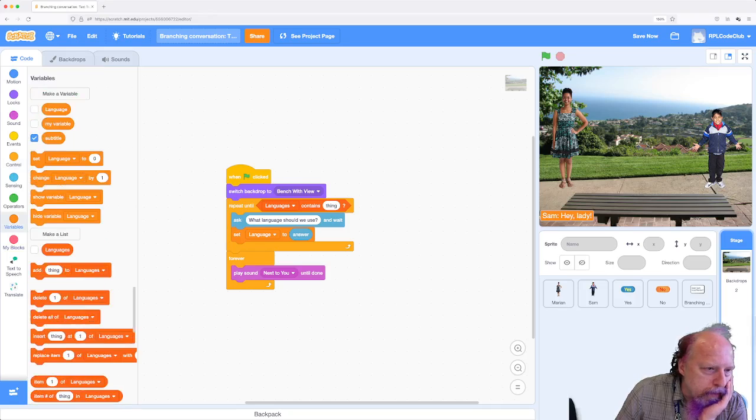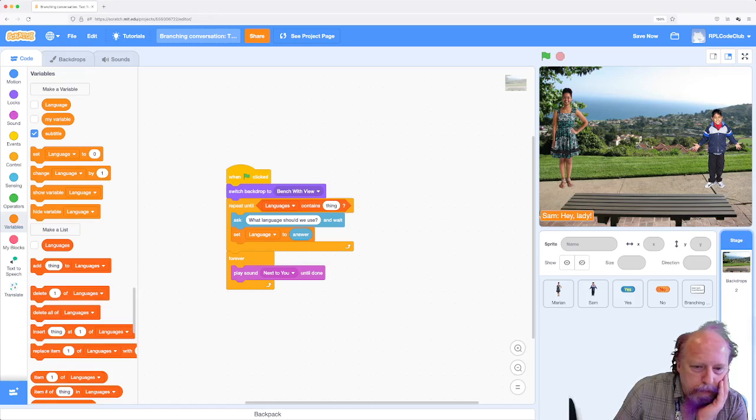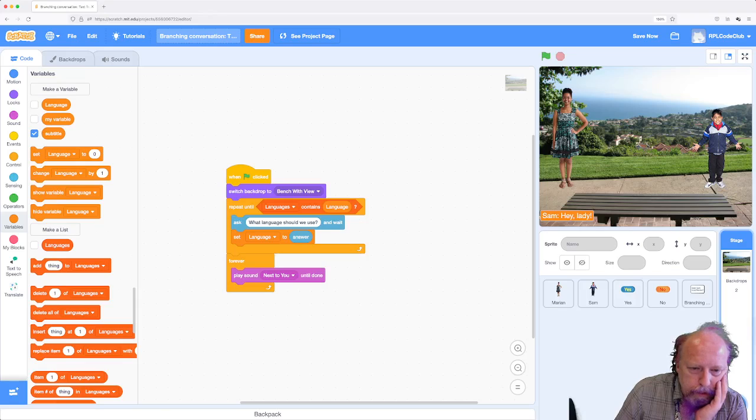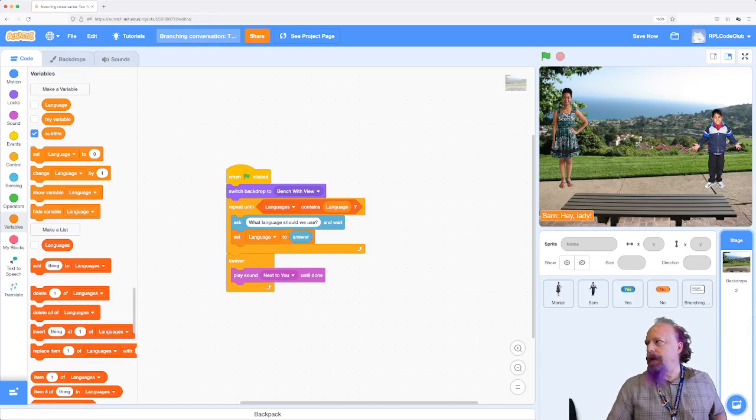And what that's saying is, we're going to set language to the answer until somebody types in a language that we actually support, and there's lots we can do here. We can give them a list of supported languages, either in a dialogue, in a say block or something,